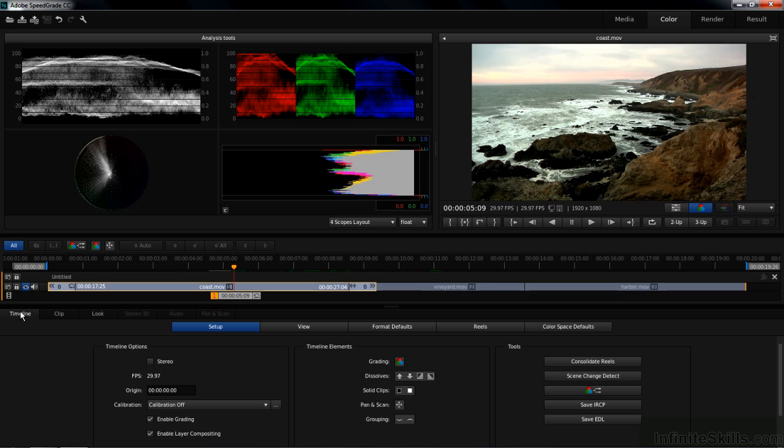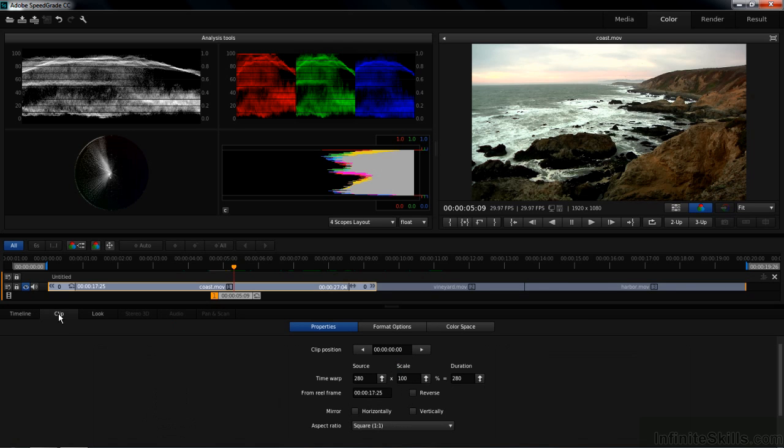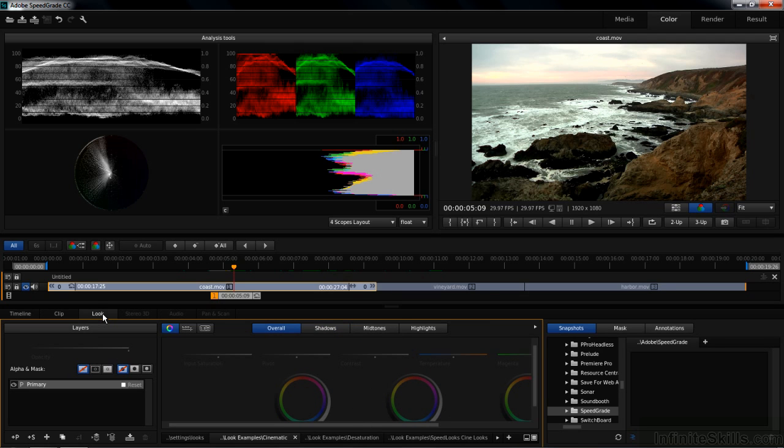You start off with the Timeline tab that'll let you adjust certain characteristics of the timeline. Well, that won't be there inside a Premiere Pro project. You have a Clip tab there. That too won't be available inside a Premiere Pro project. You can't edit clips from a Premiere Pro project here inside SpeedGrade. You're not going to change their size or their position. You're just going to work on color, which means only the Look tab will be available inside the Premiere Pro